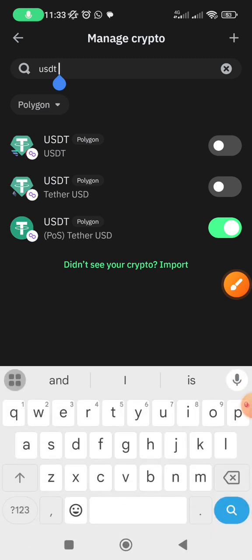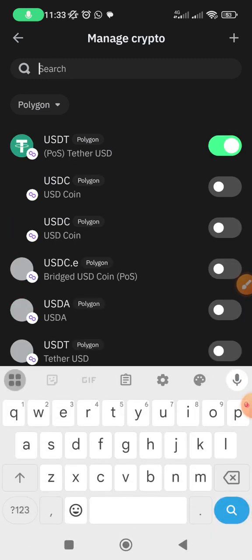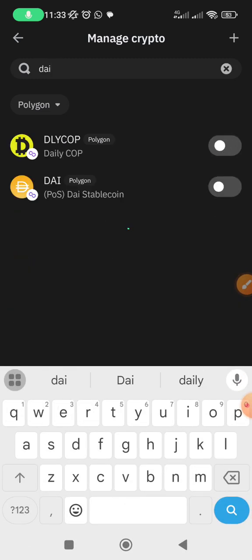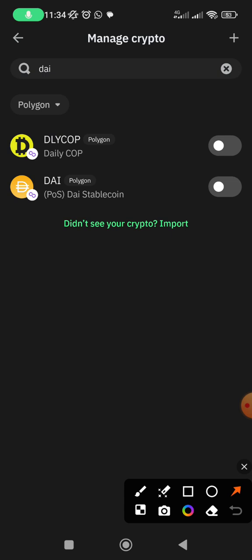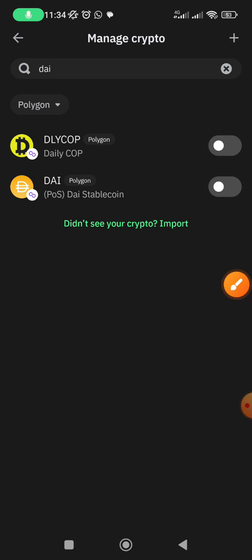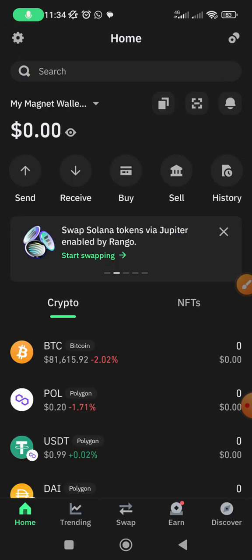Then let me search for DAI stablecoin and see if we're going to see it. DAI stablecoin. You can see DAI under Polygon. Okay, DAI under Polygon. You just turn it on. But if you did not see DAI, let me just click on it and turn on. But assuming you search here and you are not seeing DAI, what you could do is to come back here,